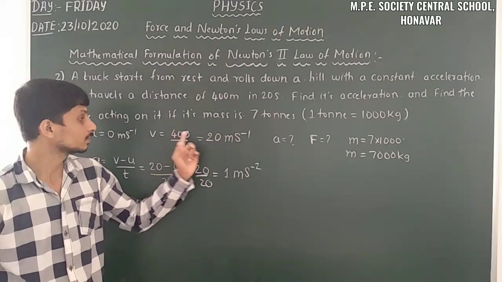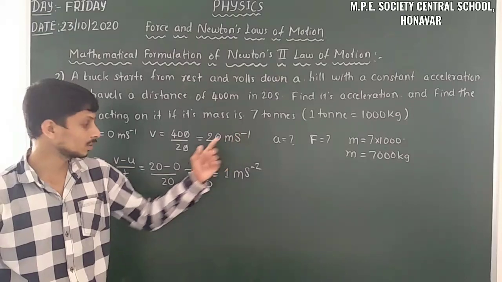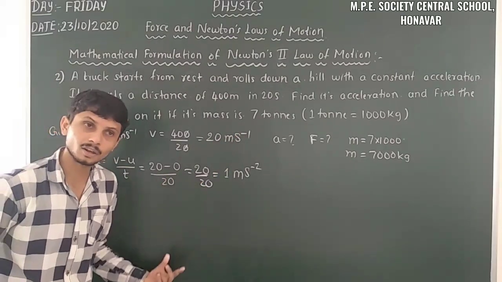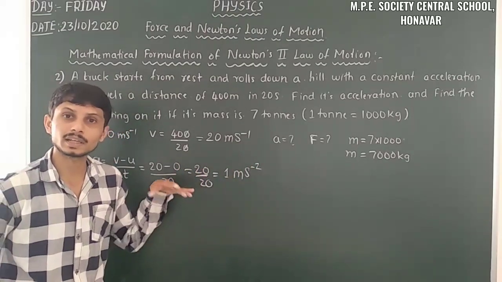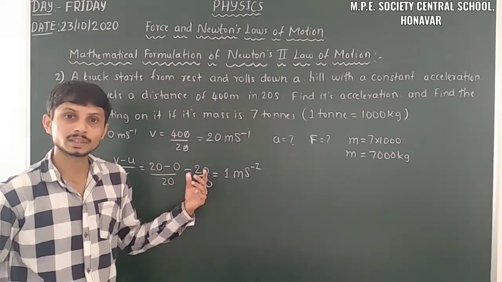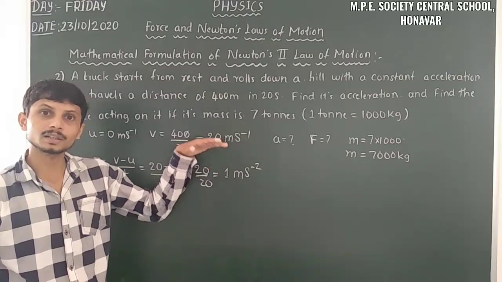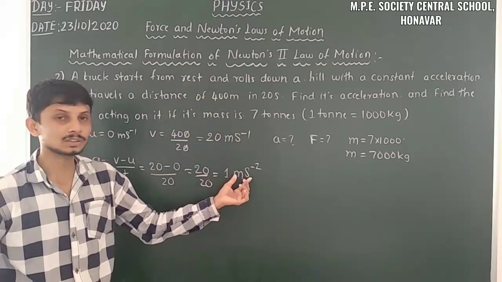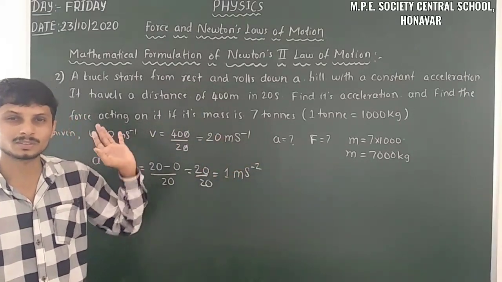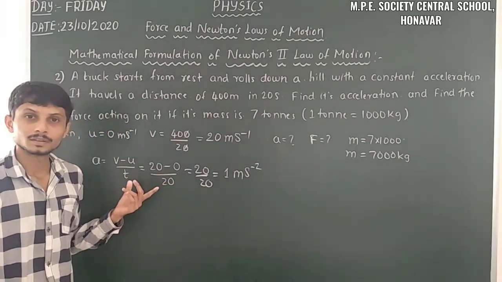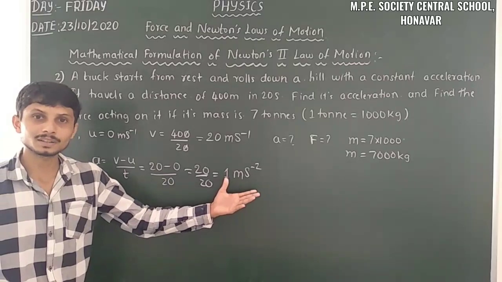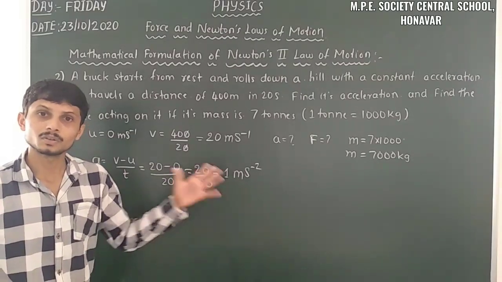Here the velocity unit is meter second raised to minus 1, and here another second is in the denominator. So after transposing, second to the numerator, it becomes second raised to minus 2. I think it's quite related to algebra. So from algebra we can calculate easily whatever the unit is.